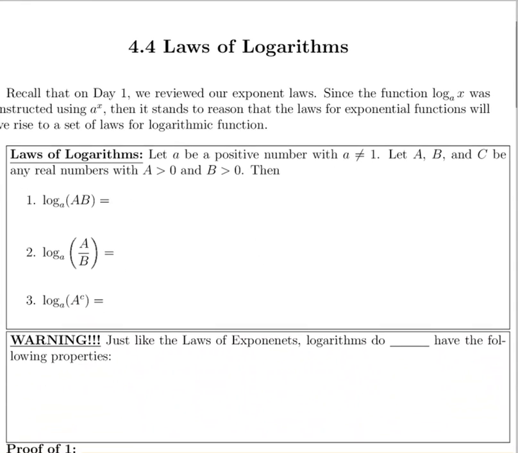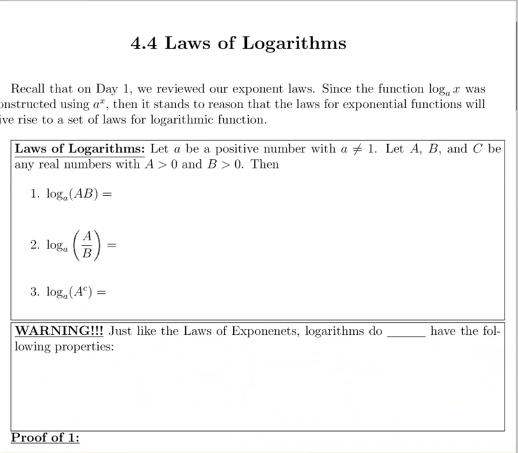So the laws of logarithms that we are primarily going to focus on are the following. The first deals with when you have the product of two numbers inside your logarithm. It doesn't matter what the base of our logarithm is, as long as it's positive and not zero. And we need to make sure A, B, C are real numbers with A and B both positive here, because remember, we can't take the logarithm of 0 or a negative number. This first law, log of A times B, so this is inside our logarithm,